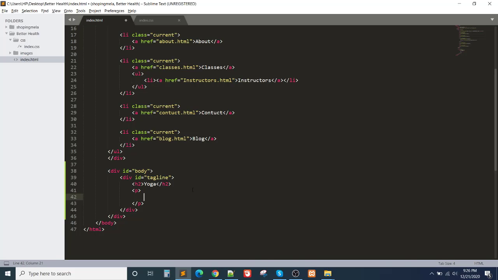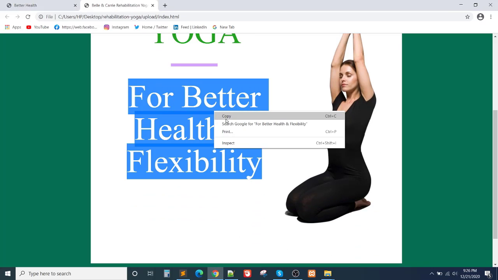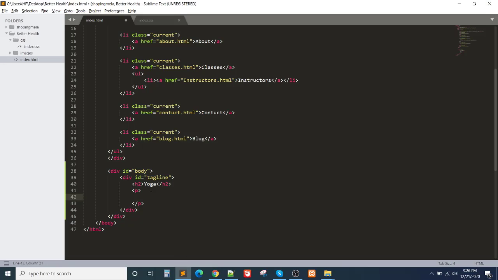In the p tag I will copy all of them. This means I'll not create